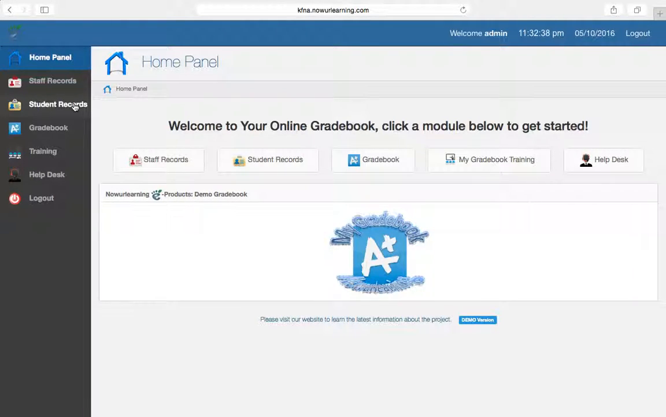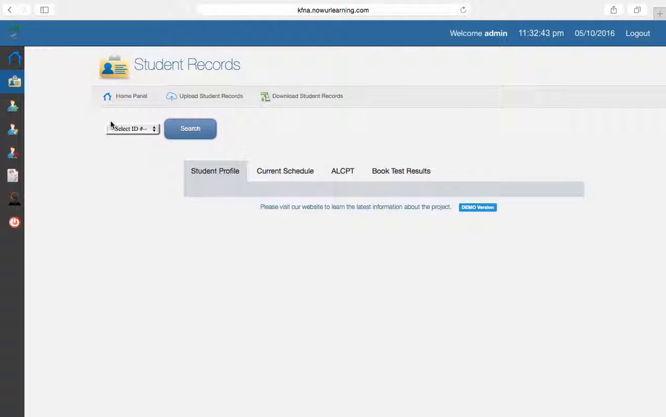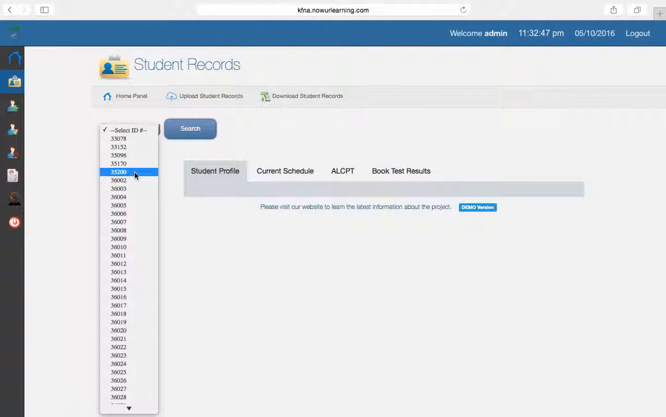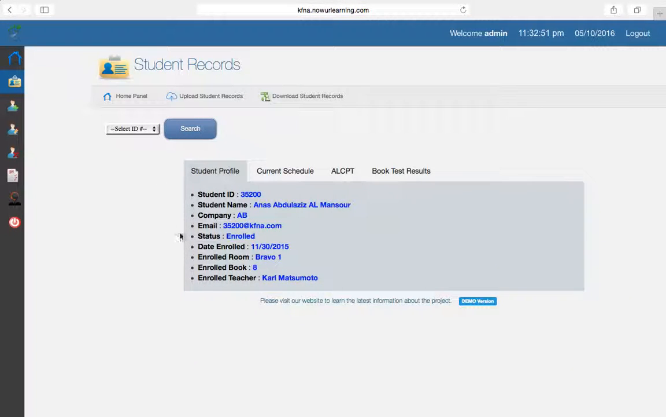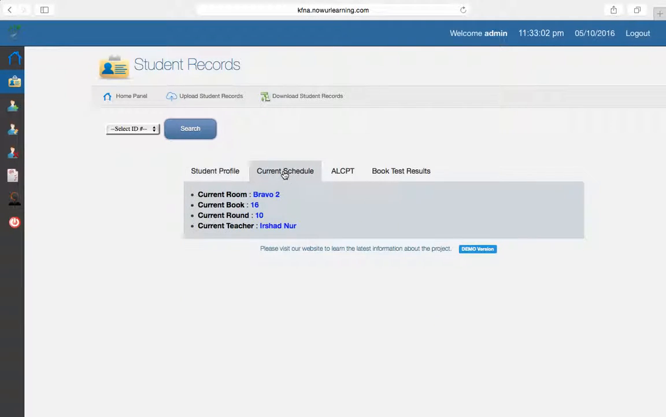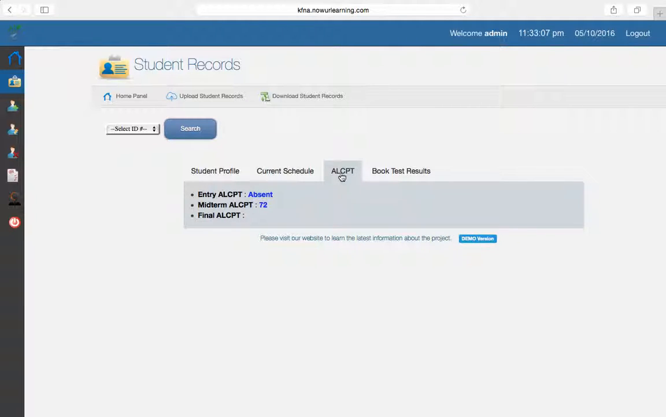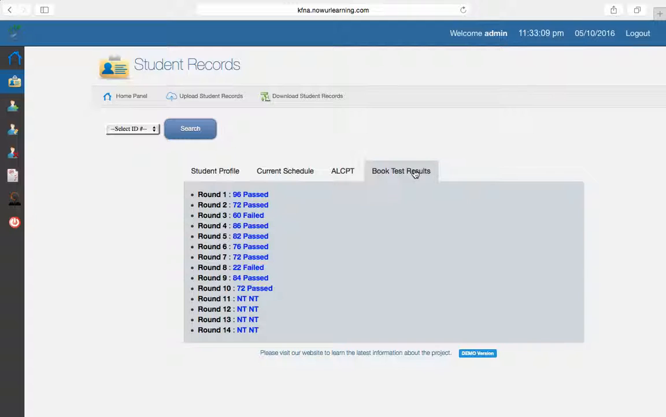So let's go ahead and click on student records. From this page you can view your students. So if you select an ID and click search, you'll have their profile, their enrollment status, enrollment date, class, and teacher, and book that they started in. You can have their current schedule and view in front of you, their ALCPT scores, as well as their book test scores